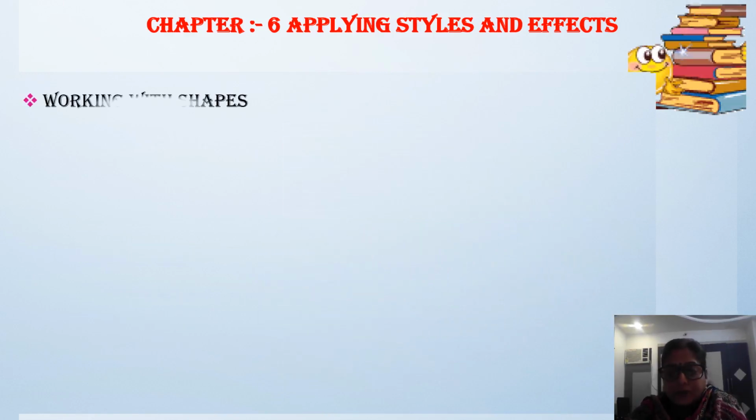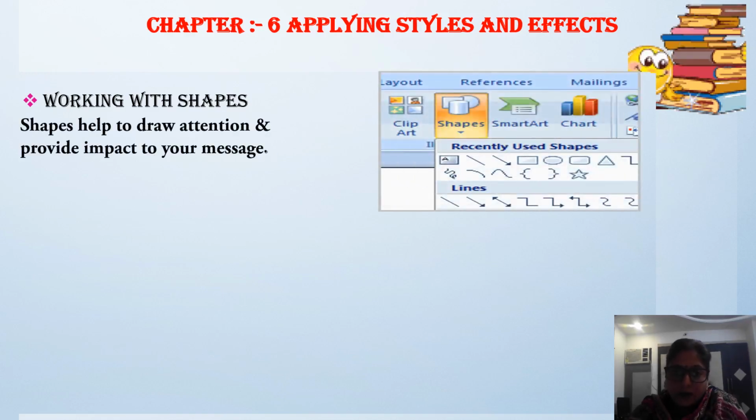Okay, now working with shapes. All the drawing features that enable you to draw shapes like star, banners, callouts, etc. are present in the shapes group. Why do we use shapes?